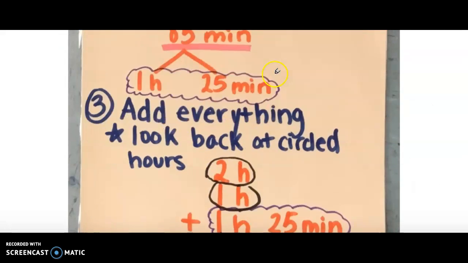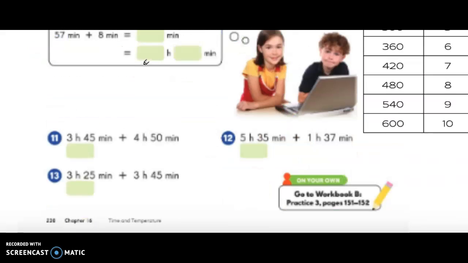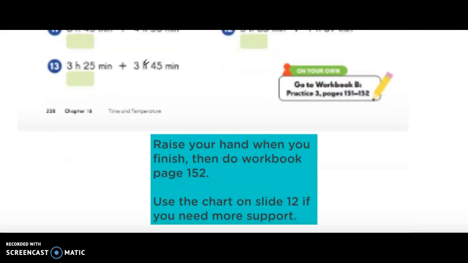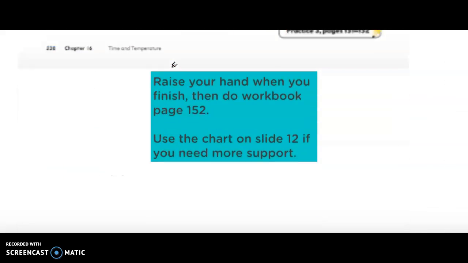All right, so this again is going to be super helpful when you're doing your work. So here is what you will be doing for practice today. You're going to raise your hand once you're done. I would suggest doing this on a piece of paper because everything is really tight. So I like to set it up, and I'm going to show you at the bottom number 7 so you guys have it. Okay, so number 7 is telling us 3 hours, 40 minutes,